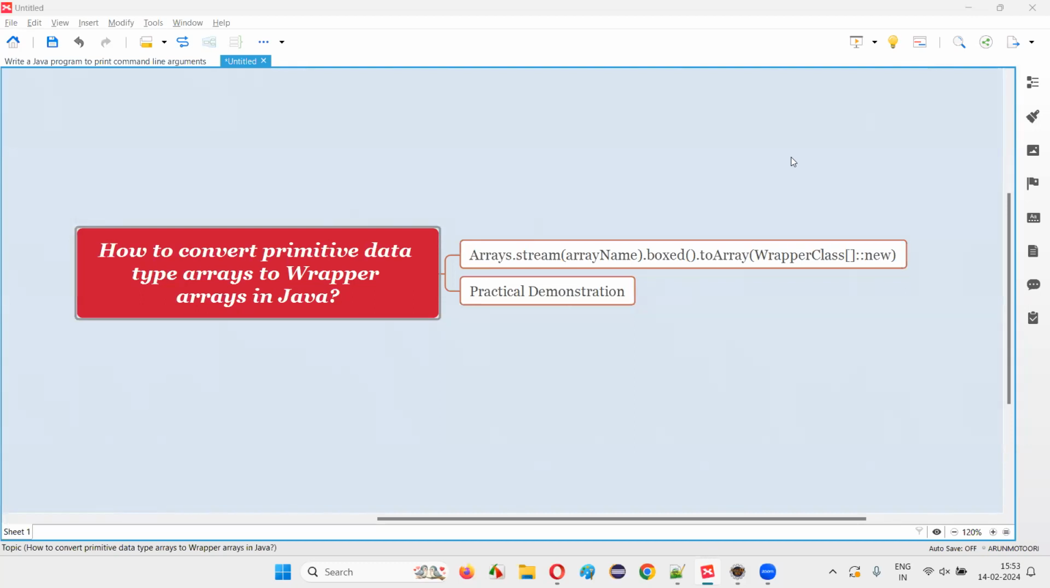Welcome to this session. In this session, I'm going to answer one of the Java interview questions. That is, how to convert primitive data type arrays to wrapper class type arrays in Java. Let me answer. Sometimes we have to use the primitive data type arrays in object-oriented format, that is wrapper class type format. So to convert that quickly in Java, we have one predefined static method in Arrays predefined class from